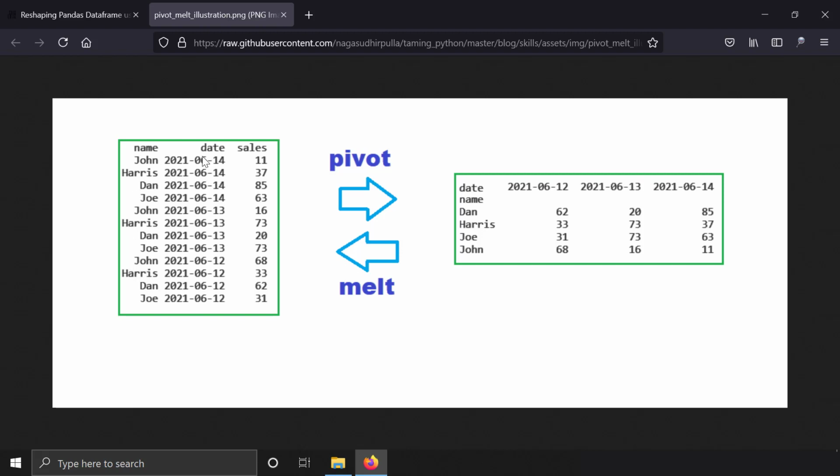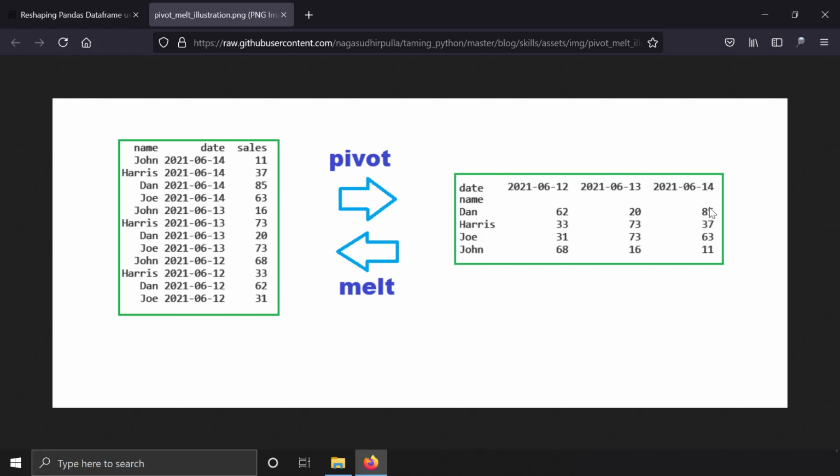If I do pivot over this data frame, you can change this date column, which is one of the identifiers of this row, to be a header of this data frame. I kept the name in the left column and I've made the date the header of this data frame, and I populated those cells into this data frame. So using the pivot function, I can take one of the identifier columns of a data frame and make it a header like this. So the pivot function can be useful to present your data frame more elegantly, and it can be useful for your reporting purposes.